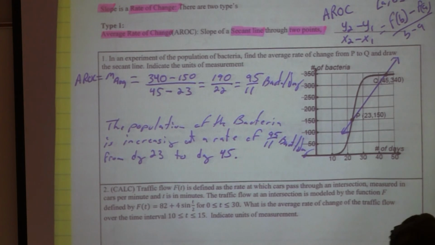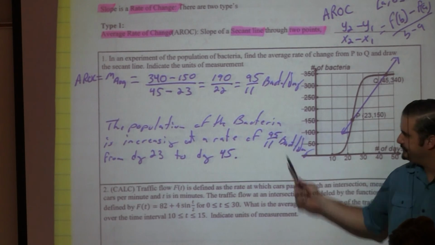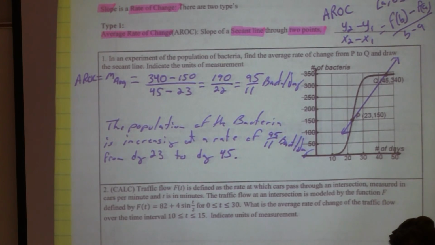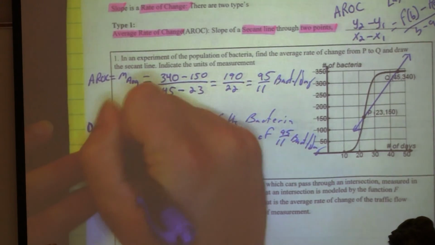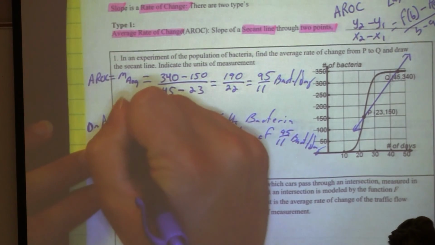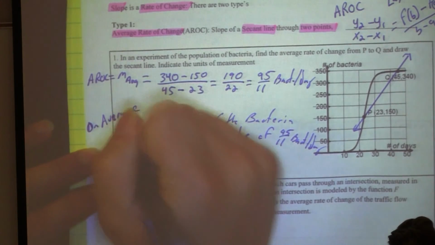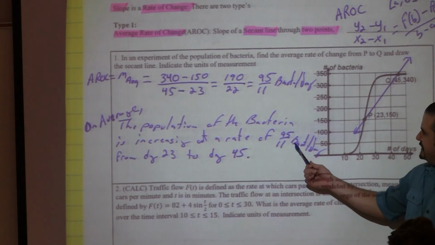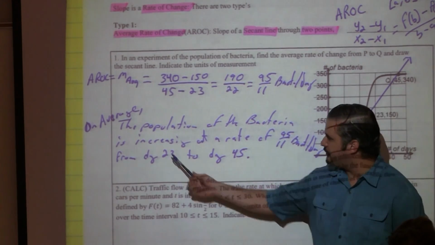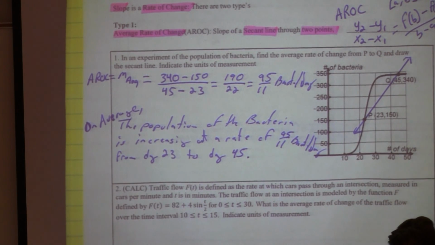So, on average, the population is changing, right? It's increasing on average at a rate of what? So maybe we should even put that over here. On average, the population of the bacteria is increasing at a rate of 95/11 bacteria per day from day 23 to day 45. And I can say that it's increasing